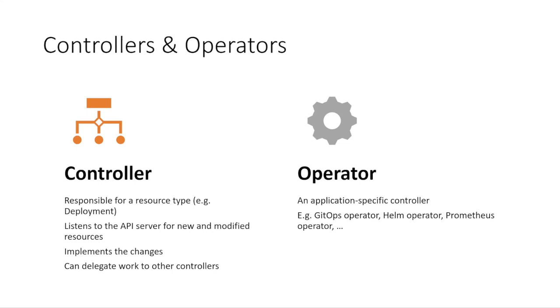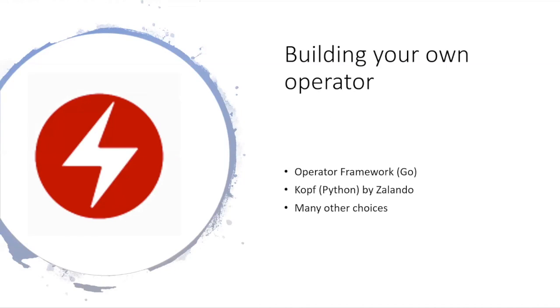And the GitOps software that we will run in our cluster is what we call a GitOps operator. That needs to be installed in your cluster before you can actually start using GitOps. And there are other types of operators as well, for example, operators to install Prometheus or a database. There are many available. Just go to Operator Hub on the web and you'll find many operators that you can use. So it's clear we need a GitOps operator